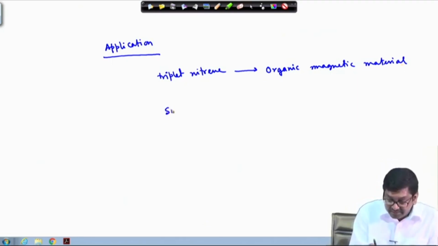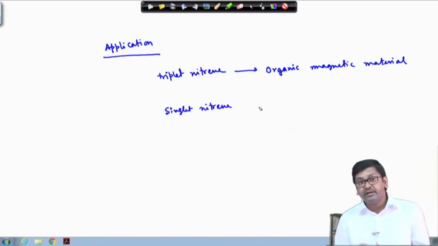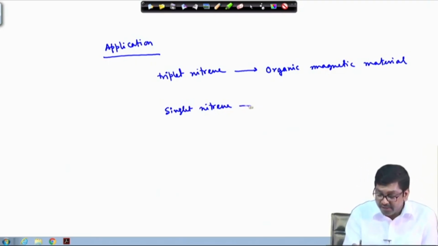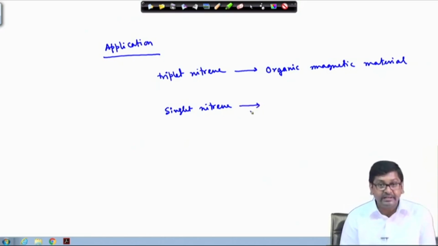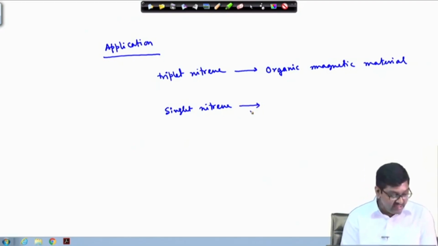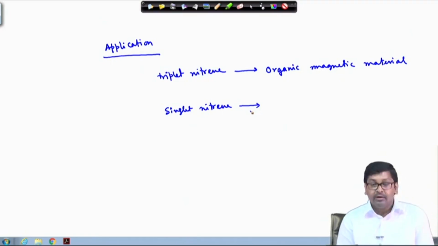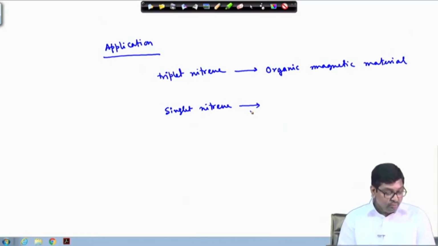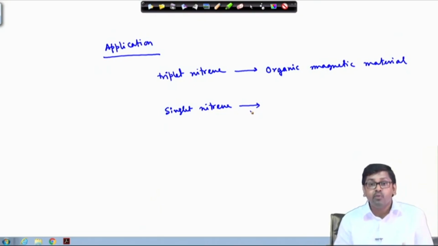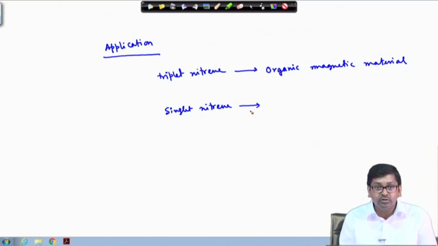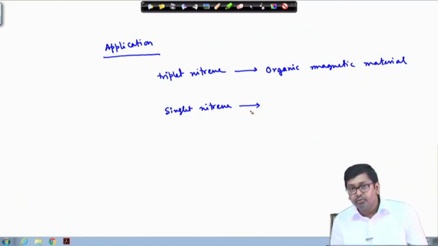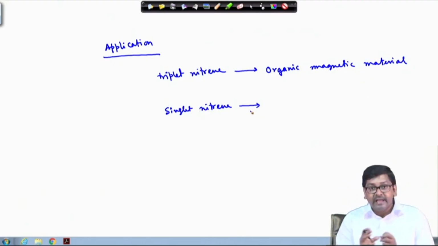Similarly, for singlet nitrenes, they can be used as an electrophile. This has one empty non-bonding orbital, so it can accept electrons from others very easily. Many industrial and biological applications exist due to their ability to insert into surrounding chemical bonds. If there is any chemical bond having electrons, since this is an electron-deficient species that wants to take electrons,